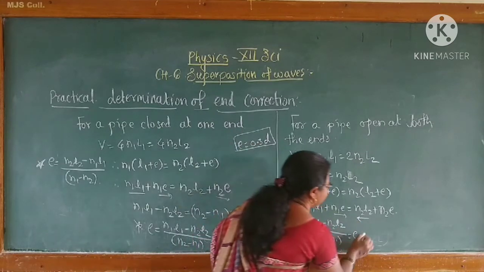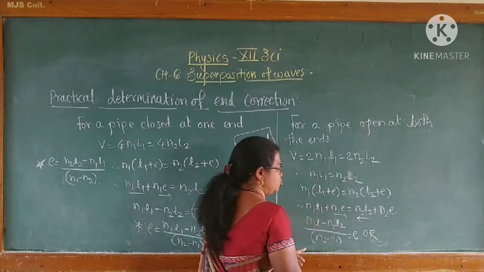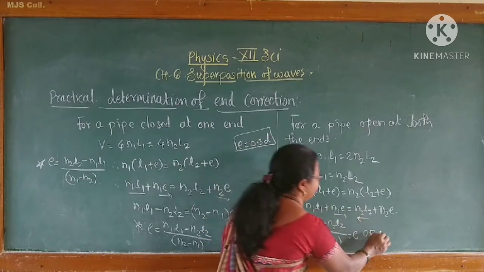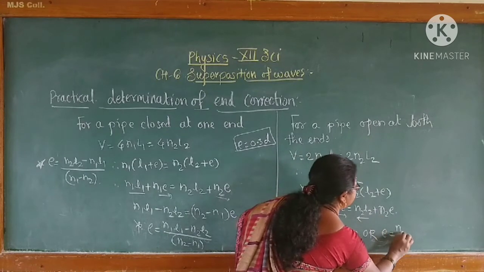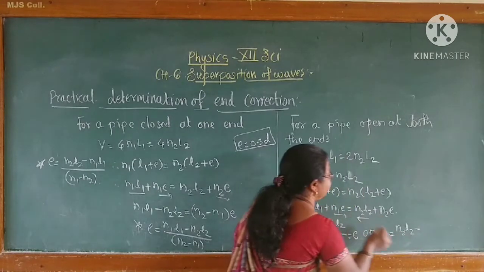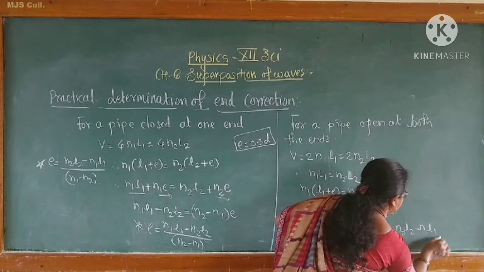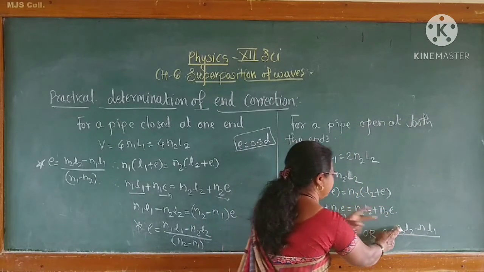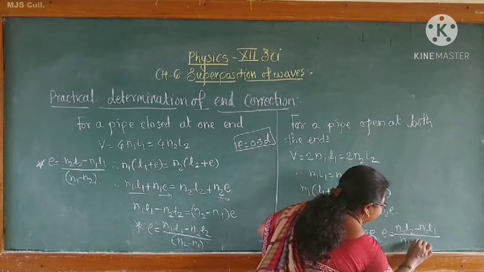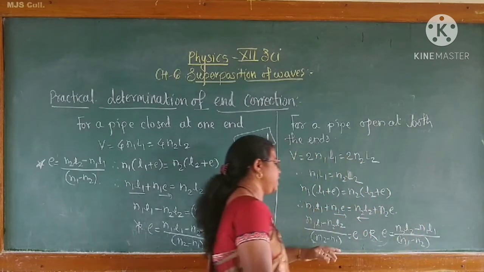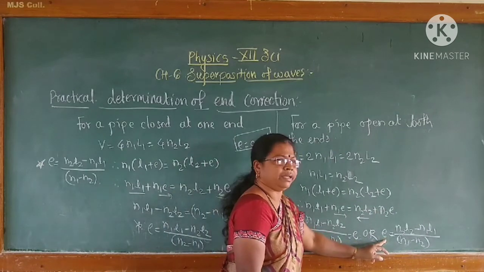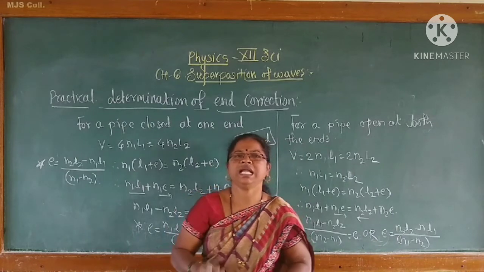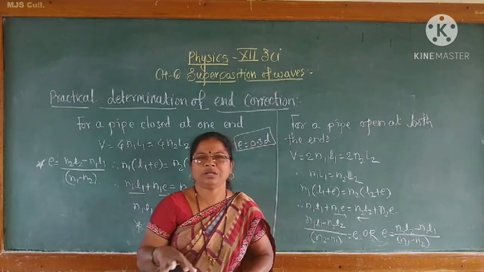Or we can write this in this way also: (N2 l2 minus N1 l1) divided by (N1 minus N2) is nothing but the end correction. Both quantities have the same value. This is the end correction used to determine by the